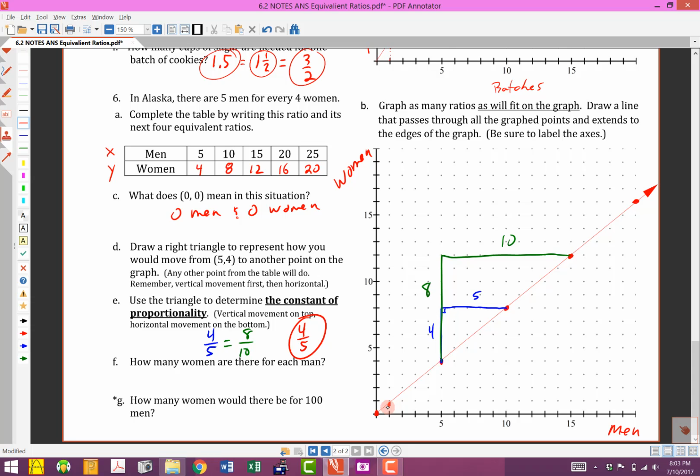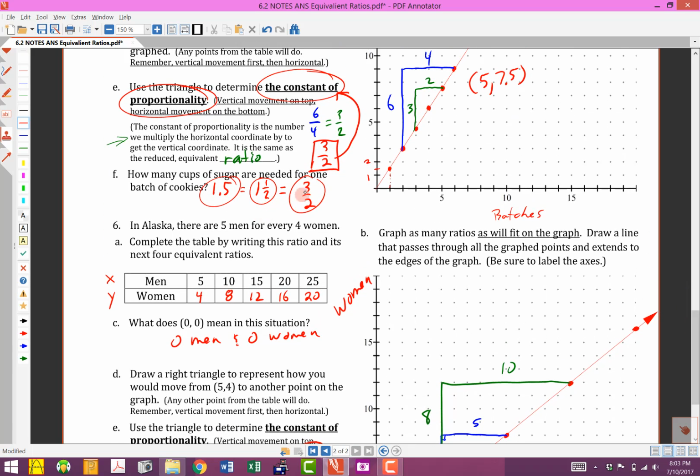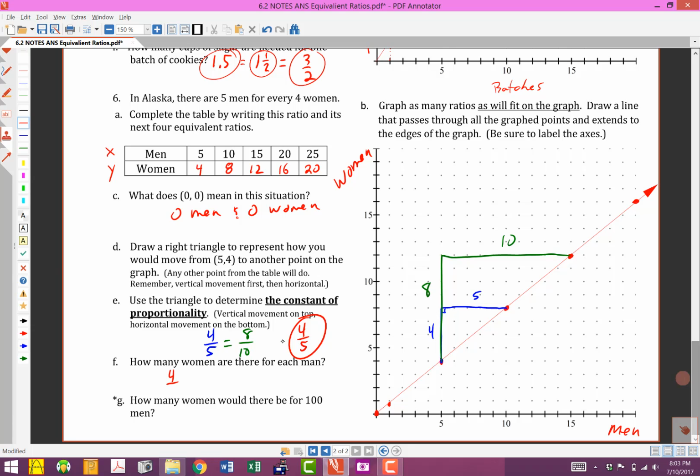Well, if you had to take a guess at what that is, half would be right here and one would be right there. So it's somewhere in between those. So if you take a look at this, what I'd like you to take a guess at, because up here 3/2, the constant of proportionality, was the same as 1.5 that we could kind of see on this one. Well, let's take a guess at what this would be. If we did 4/5, first of all, they would be the same, and then if we did a decimal, that would be 0.8. Hopefully we're still familiar with those common rational numbers. See how those come up again? What that means is 0.8 women